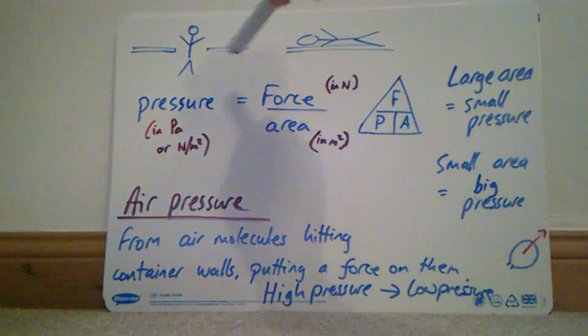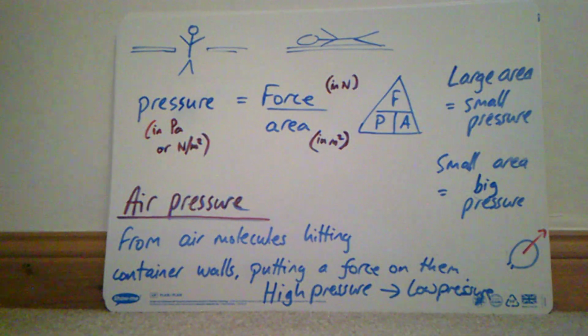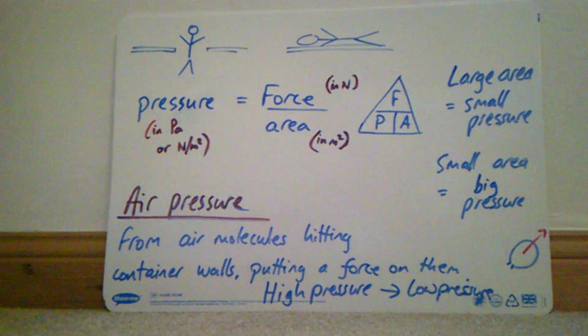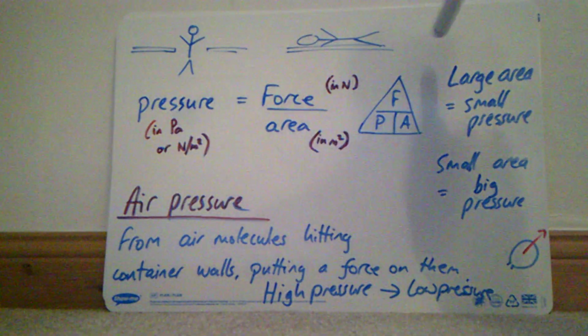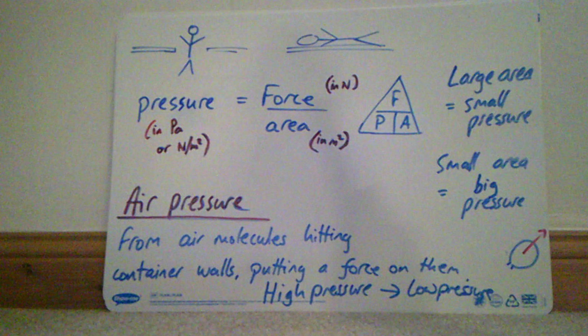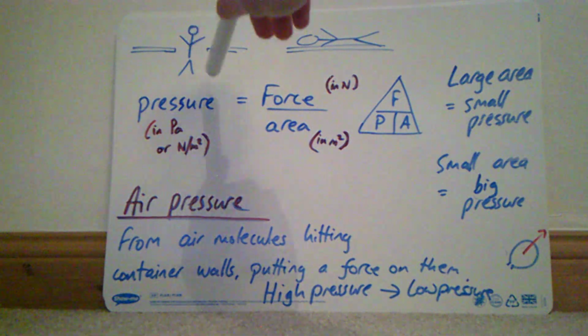Right, pressure. Pressure is force over area. Force in newtons, area in meters squared, and therefore pressure is in newtons per meter squared. But a newton per meter squared is also known as a Pascal. So if you've got some ice on Kepty Pond, why does somebody walking out normally on Kepty Pond fall through it? Whereas if somebody lies on Kepty Pond and crawls out, then they don't fall through it. But please don't do that. Well, it's because the area of somebody's